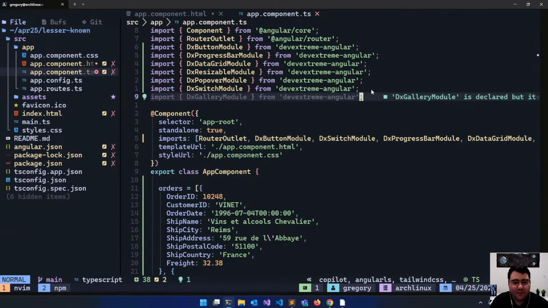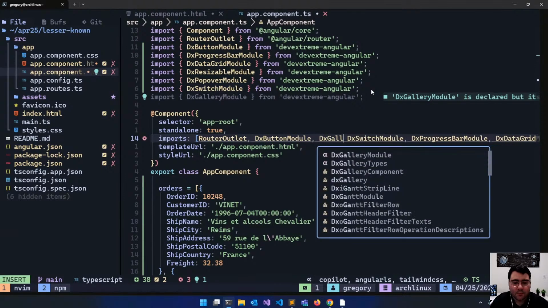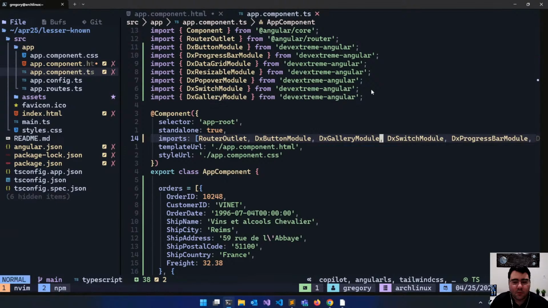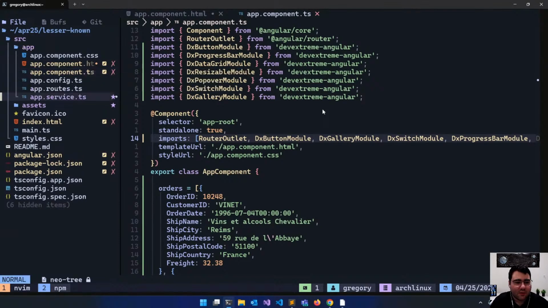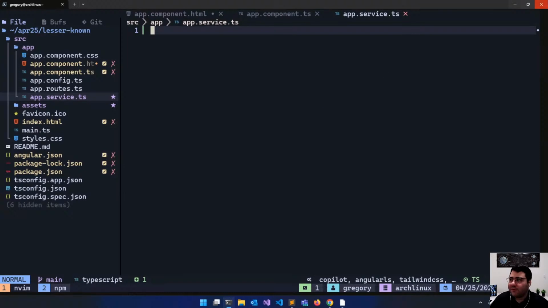And it's just going to be our DX gallery module, and I'll import it there. So what I'm going to need to do is create a service. For this app.service file, it's going to be relatively simple,